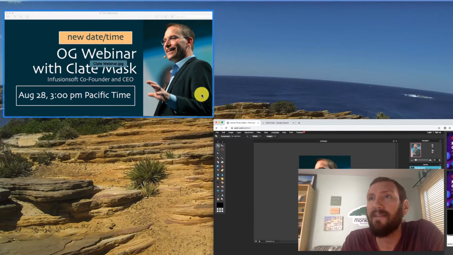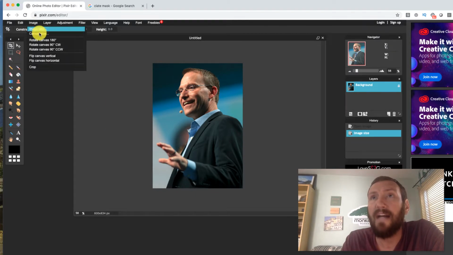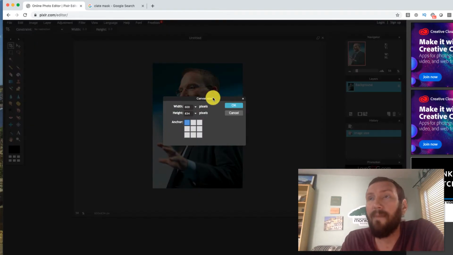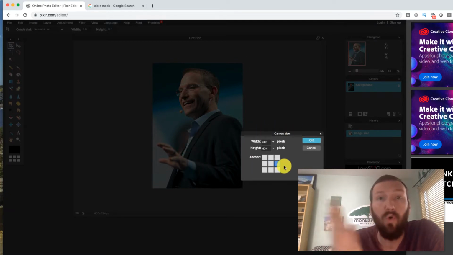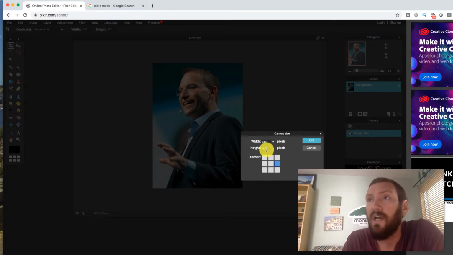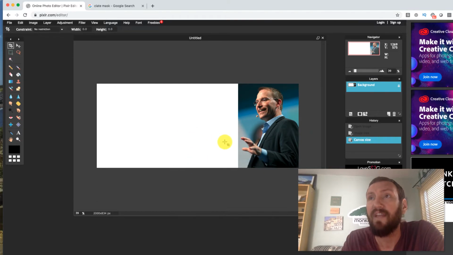I also want to make this wider, right? You can see I want like a section to the left next to the image. So in order to do that, I need to add onto the canvas. So rather than changing the image size, I'm going to change the canvas size. I'm going to anchor this to the right. It doesn't matter if I choose the top, bottom, or middle because I'm not going to change the height. So it'll fill the whole right-hand side of the image regardless. But I am going to change the width. So instead of 600 pixels wide, I want this to be more like 2,000 pixels wide. And what that'll do is give me a section to the left of Clate that I can fill in with